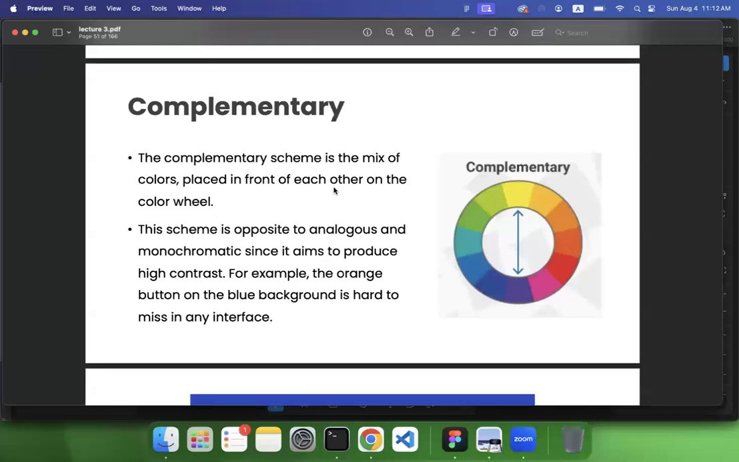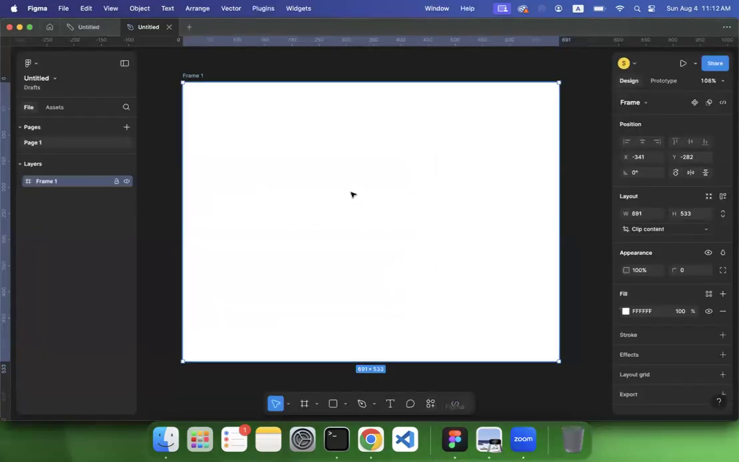Okay, complementary scheme is the mix of colors placed in front of each other on the color wheel. So if you select this yellow color, the purple color is right opposite to it, so you can select that color. If you select red color right here, the green color is the opposite color. So you have to use these two colors. This scheme is opposite to analogous and monochromatic since it's aimed to produce high contrast. So if you select these two colors, it will give you high contrast ratio. For example, an orange button on a blue background is hard to miss in any interface. So if I show you an example,